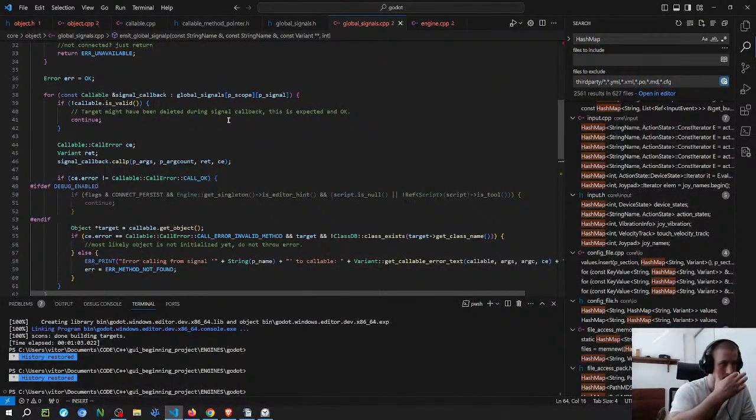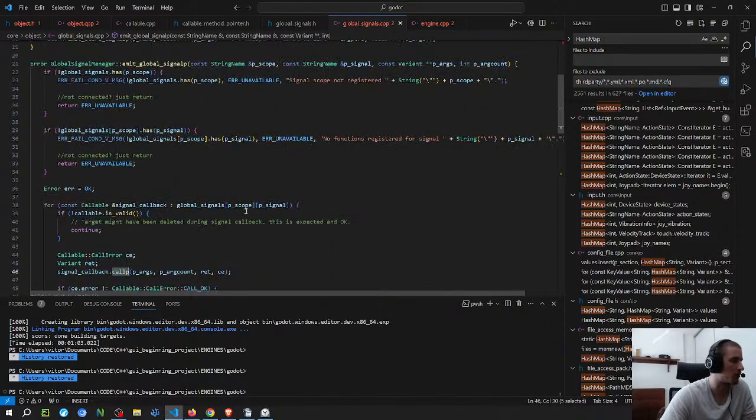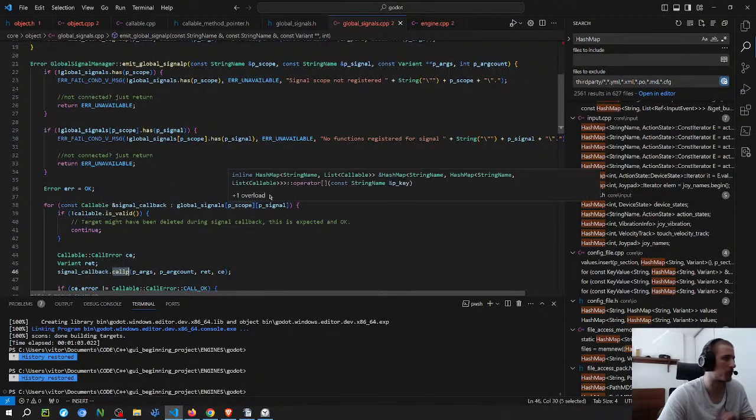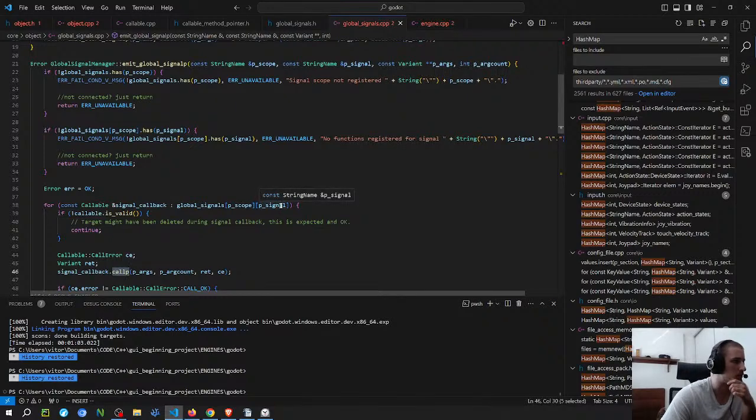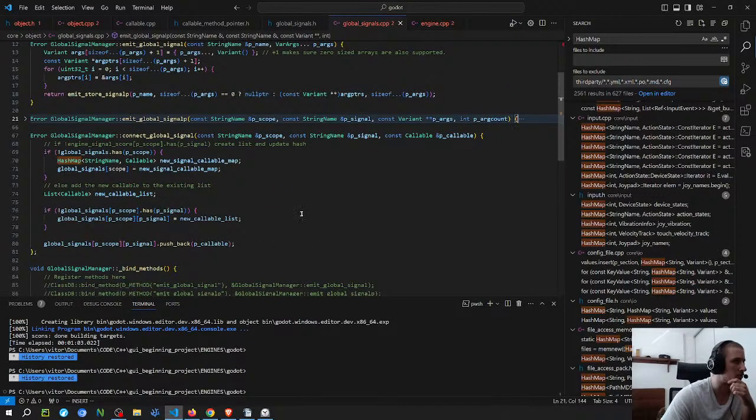Yeah, now I think I have everything. So basically I'm just going to call the callable that was stored from the connection that you put there. And the way I'm going to pass the callable is by using the macro as well.